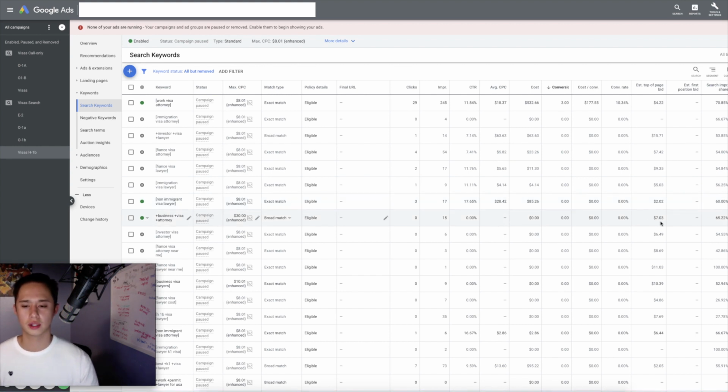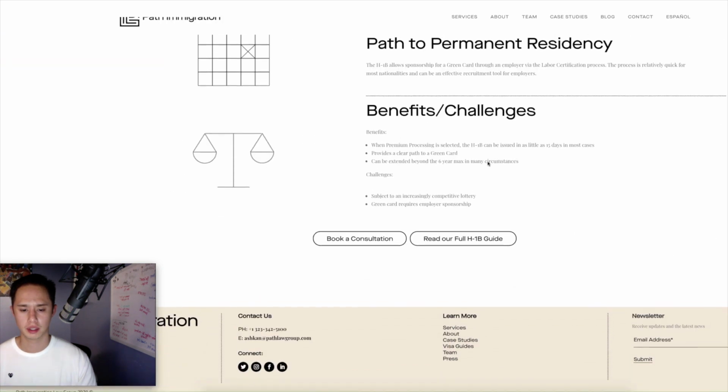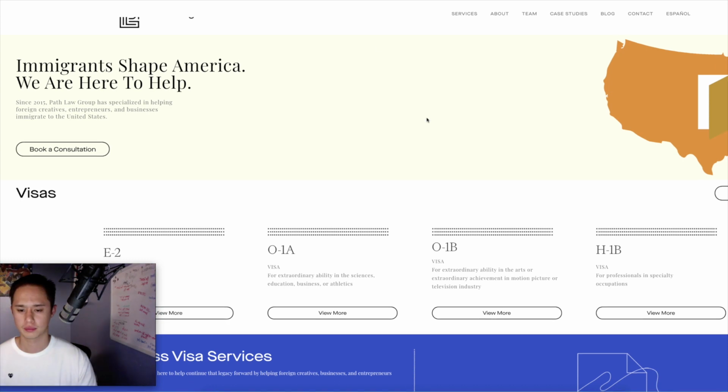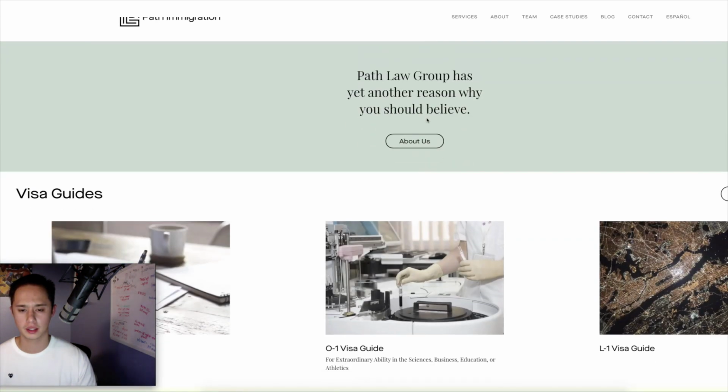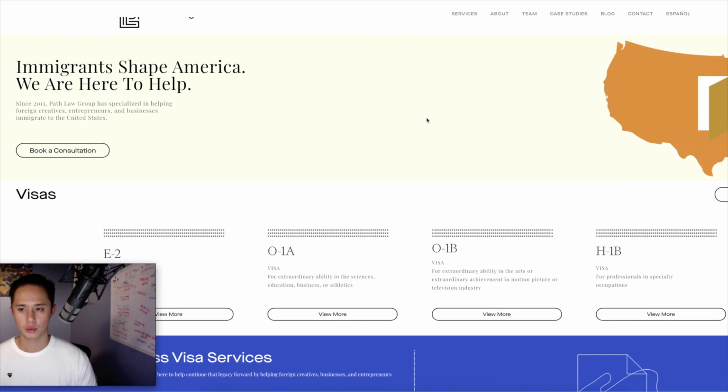So it looks like the cost per click on these keywords isn't that high, but that's also because you're doing broad match. Let's look at your landing page here. All right, so here's an issue that we might be running into. I mean, it's not bad, but okay. So what I would do, Patrick, is